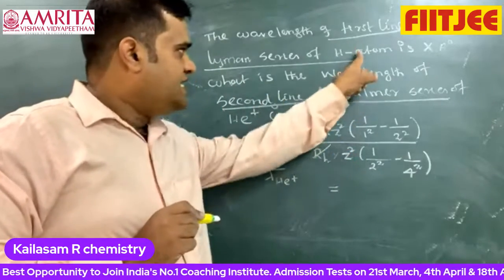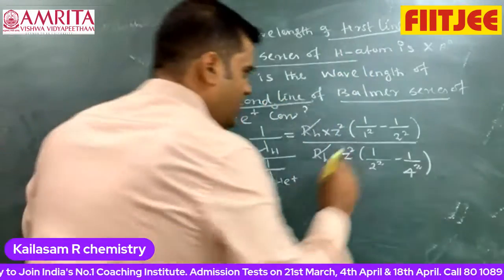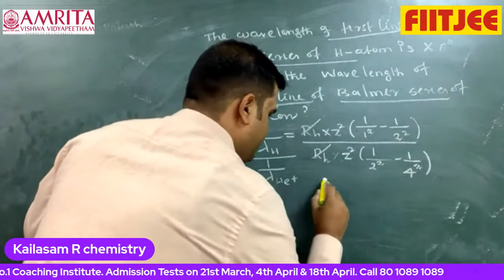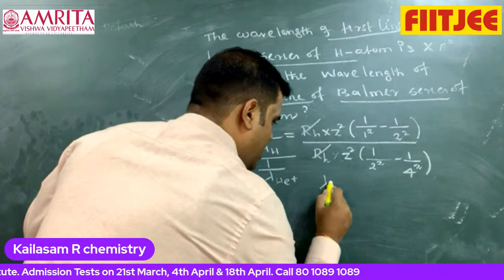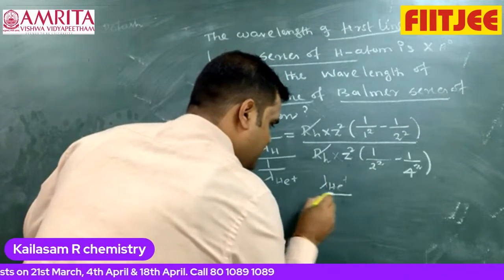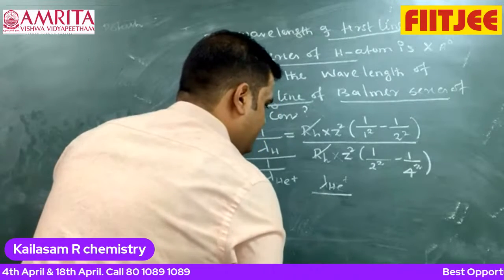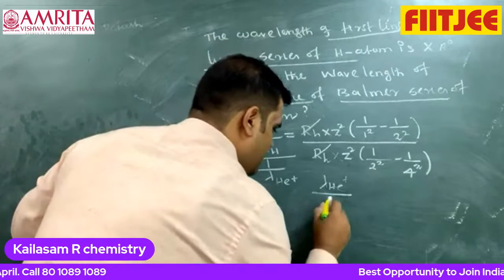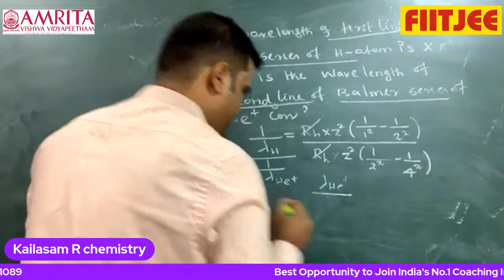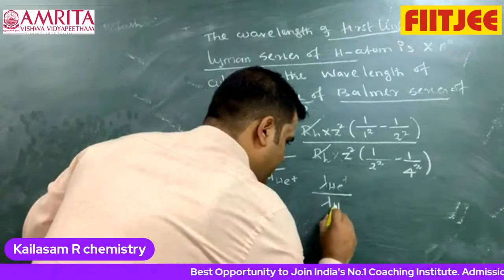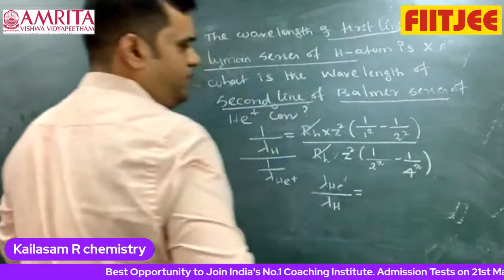Z squared for the hydrogen atom is 1. Therefore we get lambda of helium plus by lambda of hydrogen equals